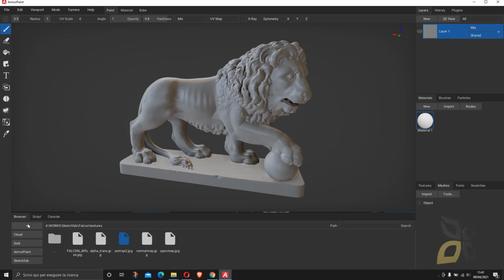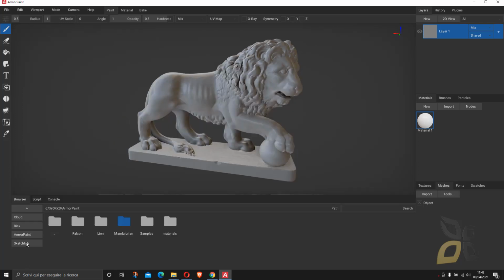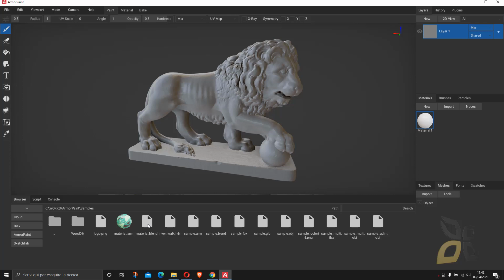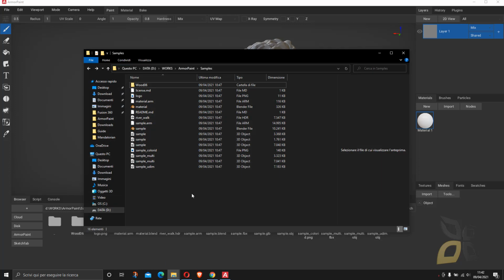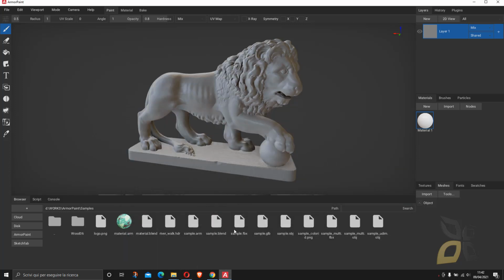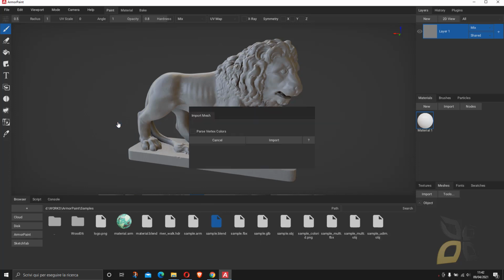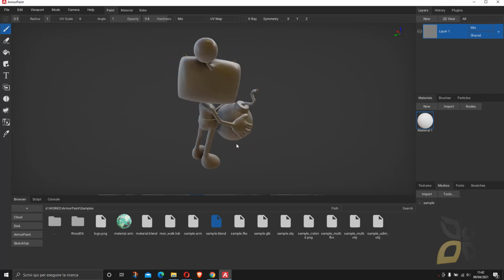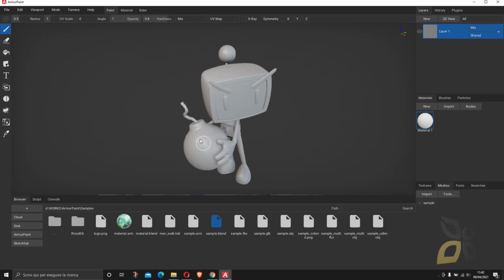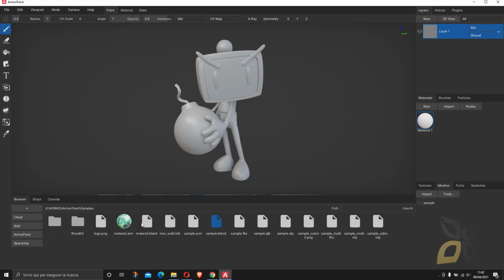Okay, another way: we already saw how we can add folders down here in our browser. So here we can just, for example, let's get back to the samples folder from here. What I'm seeing here is the same stuff that I'm seeing here, but I think it's better right here because it's showing me already the different formats. So for example, let's try to bring in directly a Blender file. Let's say import, and it works. So sometimes it works with any format you bring in. The important thing is that you do it yourself. Sometimes it doesn't work with automated